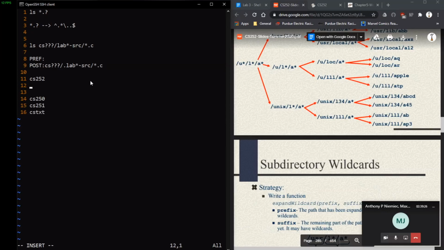this matches, right? So we will call another iteration using CS252 as our prefix, and our postfix is the rest of our string here. One step that I guess I did kind of skip over: you need to have some code here that looks at this and extracts up until the first slash, right? Because you can't analyze all of this for the current directory. The only thing that matters for this current directory is lab